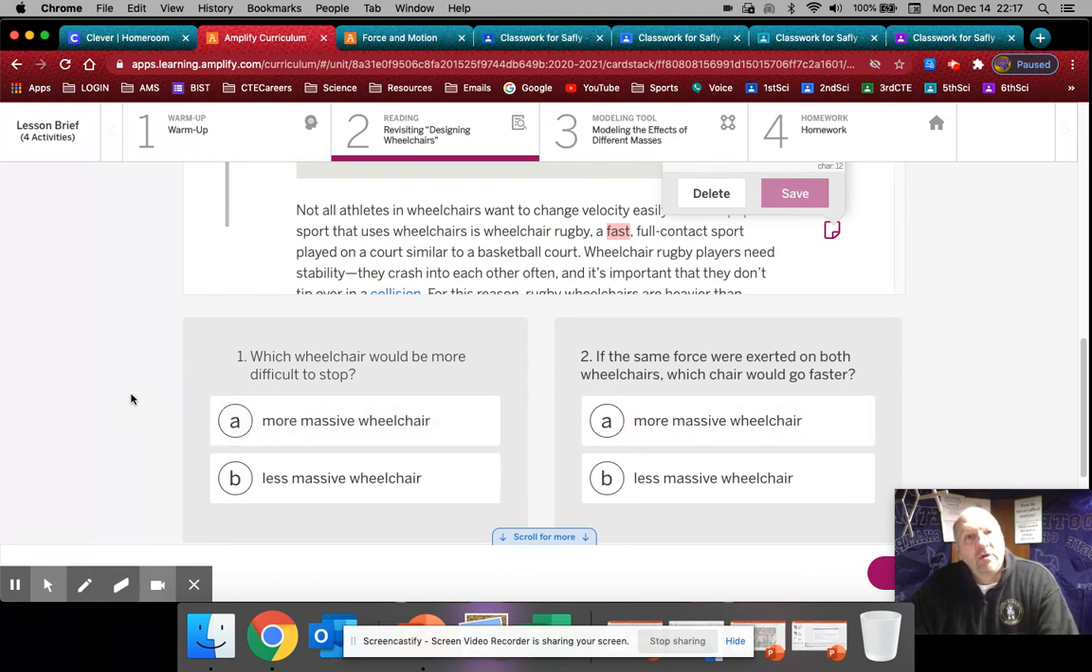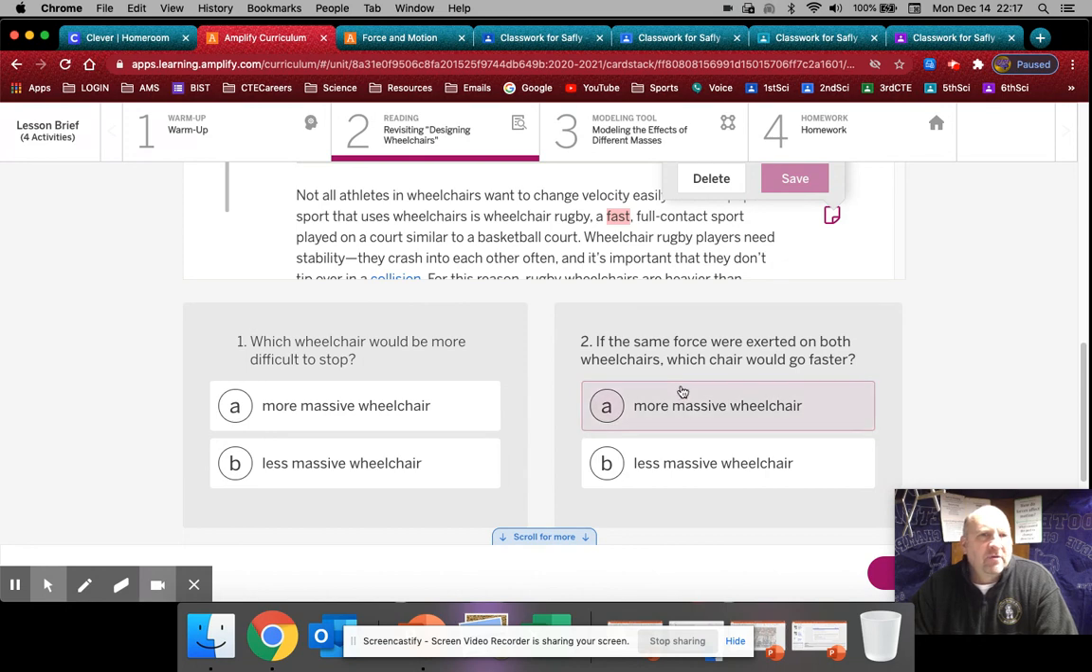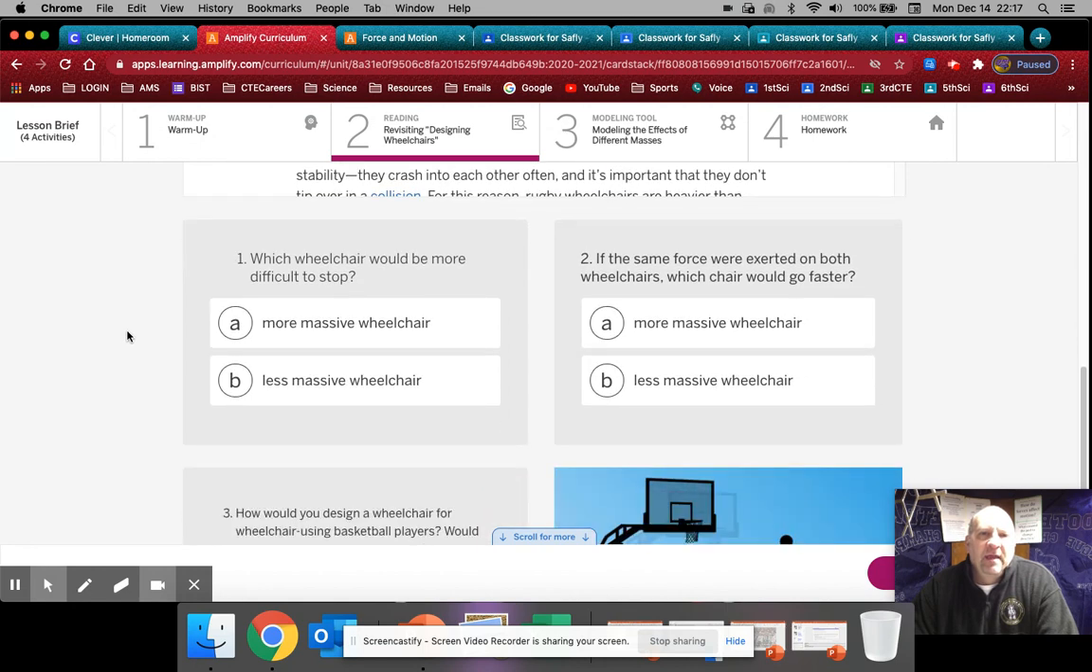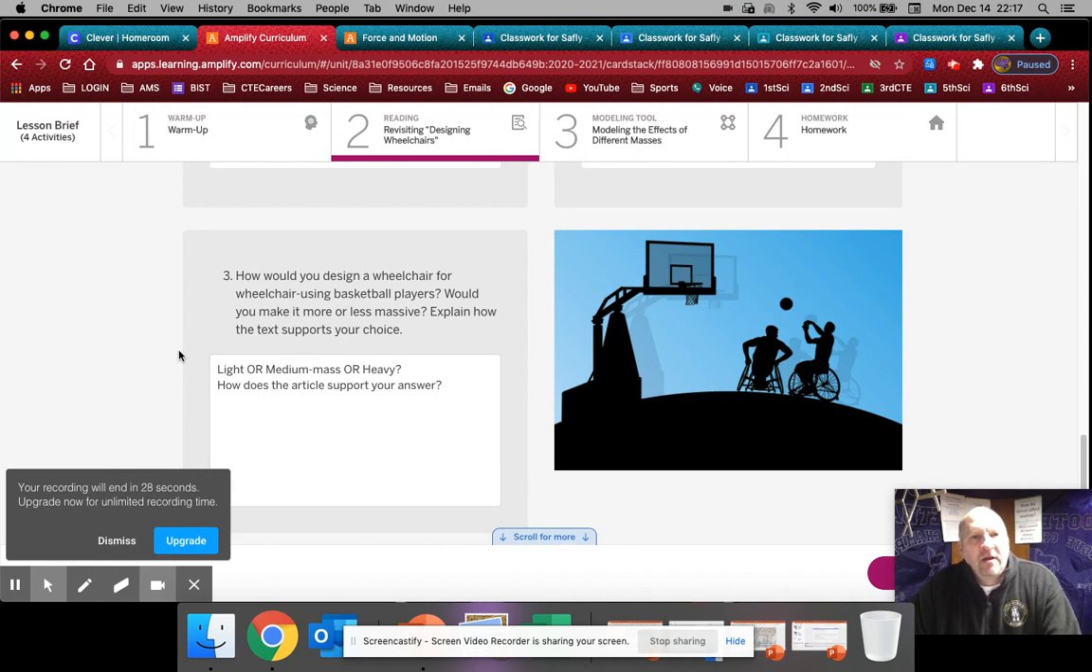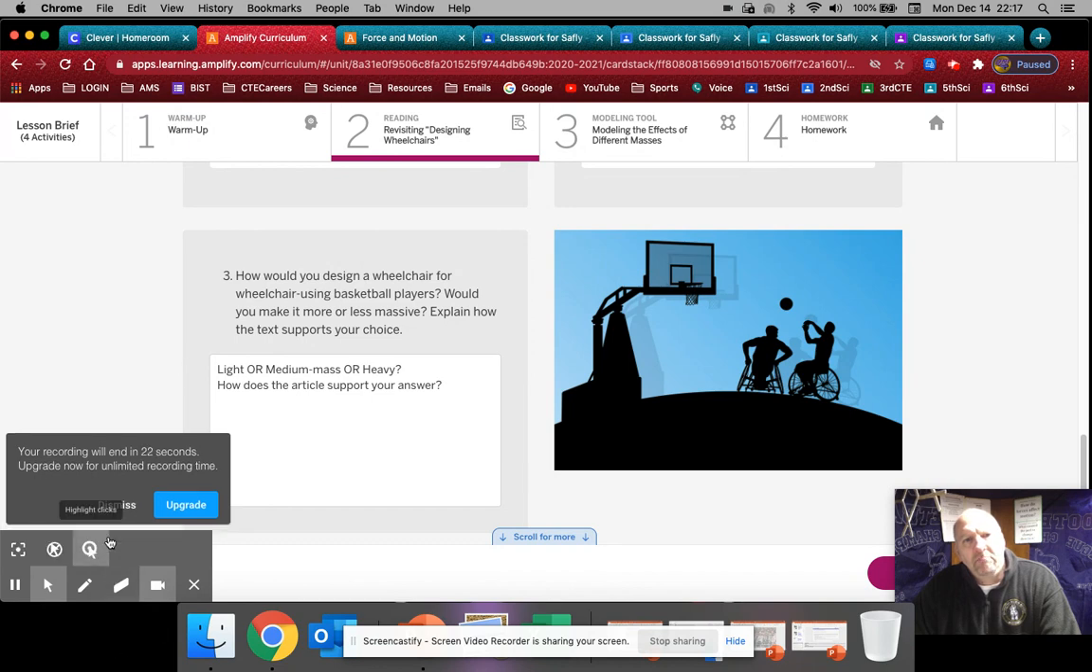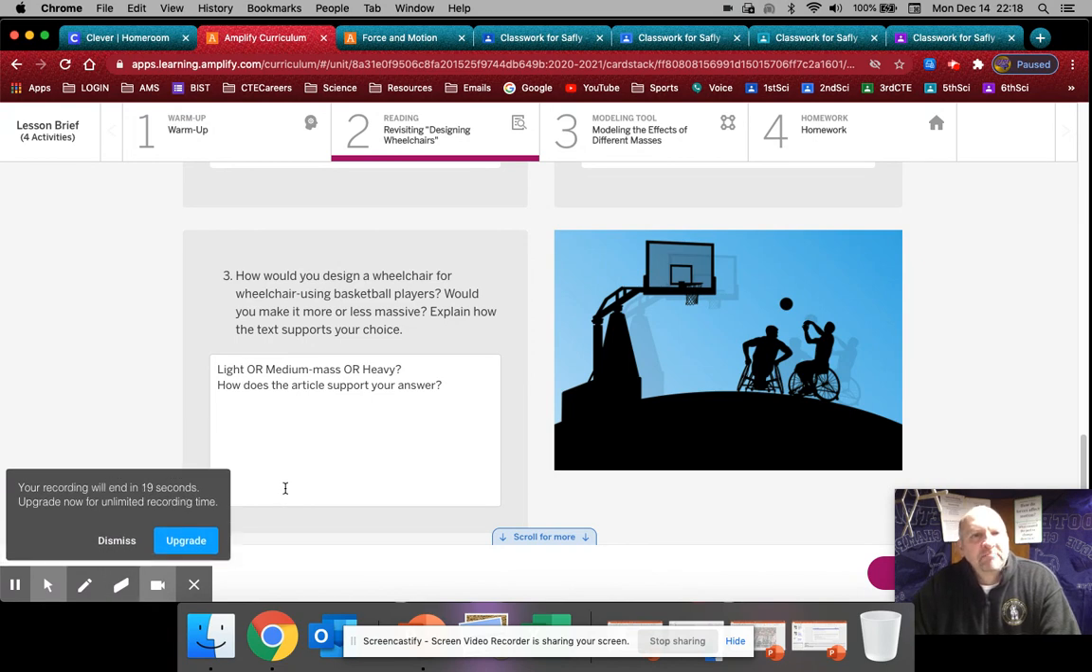Which wheelchair would be more difficult to stop? If the same force were exerted on both wheelchairs, which chair would go faster? And then down here, number 3, how would you design a wheelchair for wheelchair-using basketball players? Would you make it more or less massive? Explain how the text supports your choice. So would you make a light, a medium mass, or a heavy mass wheelchair? And how does the article